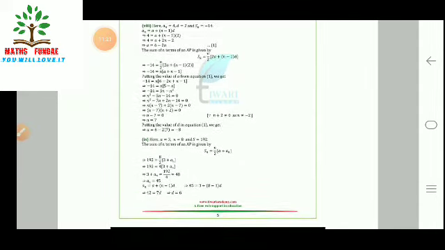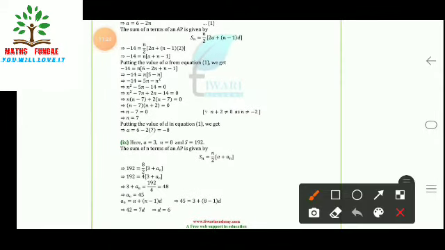In this part we have a is equal to 3, n is equal to 8 and S is equal to 192. The formula we already know, Sn is equal to n upon 2 (a + an). So we have 192 is equal to 8 upon 2 (3 + an). Putting the values we are getting an is equal to 45. An is also a plus (n minus 1)d. So we have 45 is equal to 3 plus (8 minus 1) into d. So 42 is equal to 7d, or d is equal to 6.